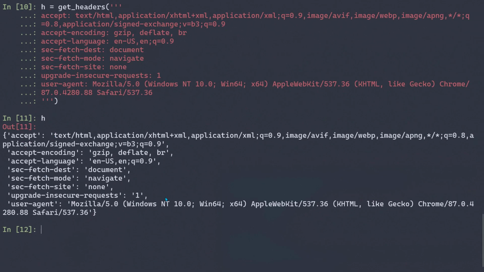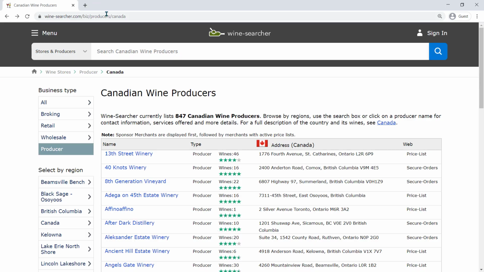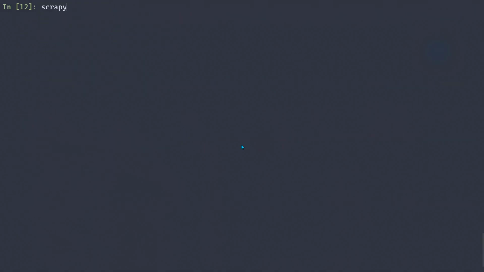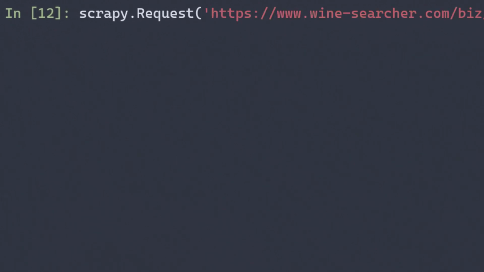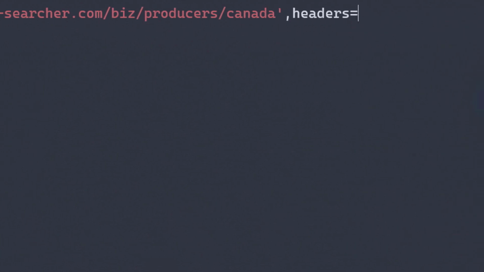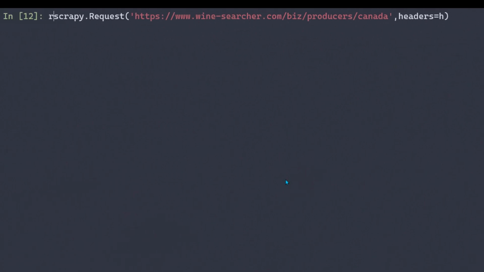Everything looks okay. So now what we will do is copy this URL, and now we are going to create a request. So scrapy.Request, that's what we are going to create, and paste in the URL as the first parameter, and headers are going to be the H dictionary that we just created, and we are going to store this in a local variable.